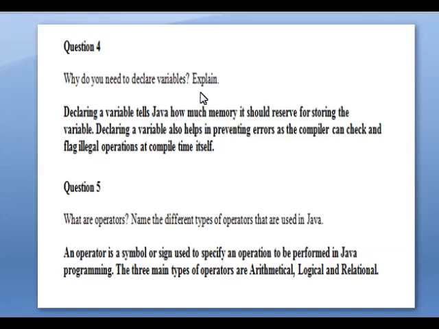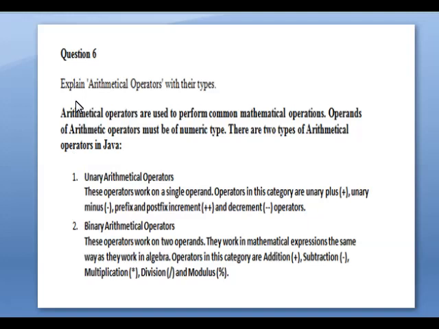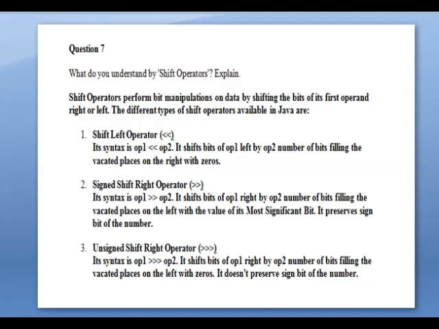Name the different types of operators used in Java. Next, explain arithmetical operators with their types. Next is what do you understand by shift operators? Explain. So shift left operator, signed shift right operator, unsigned shift right operator. This you have to explain.